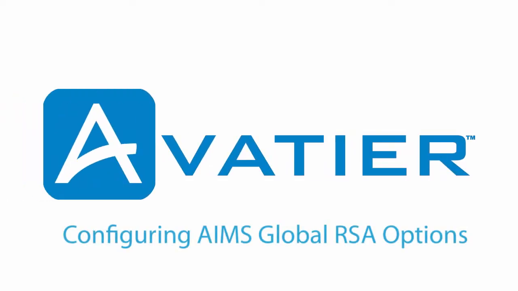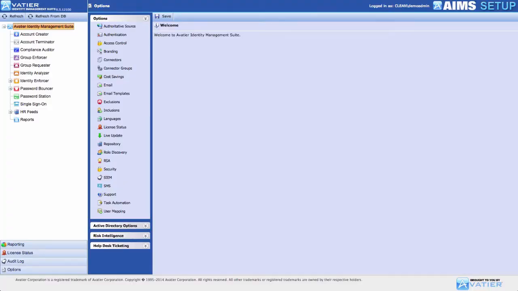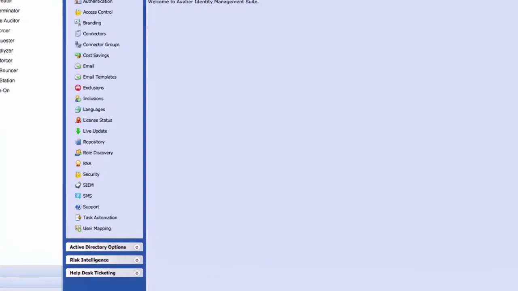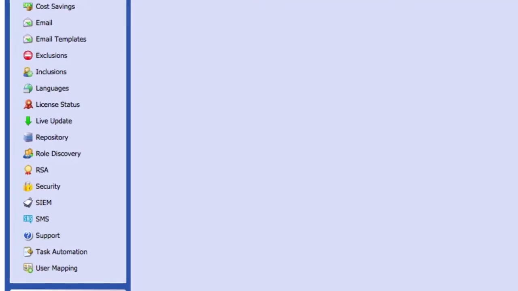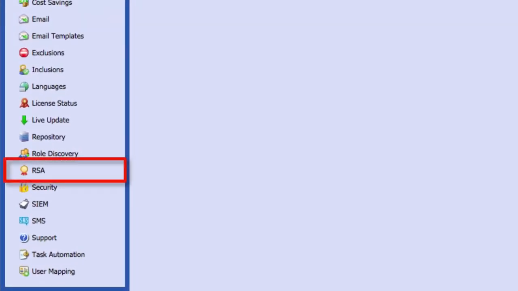Configuring AIM's Global RSA option. The RSA configuration page is only applicable when an RSA connector is installed. For access to the Avatier Identity Management Suite, or AIMS, the connector must be configured to accept RSA SecurID token